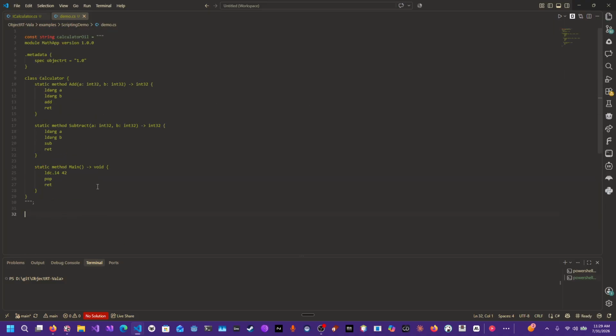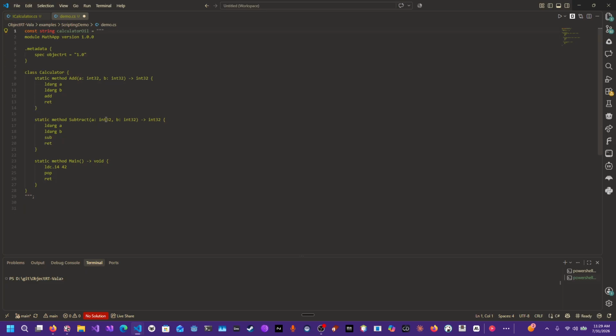So, for example, take some method code, right? This is a calculator class. We have two functions, add and subtract. We want to be able to run this from C#. Obviously, what you could do is